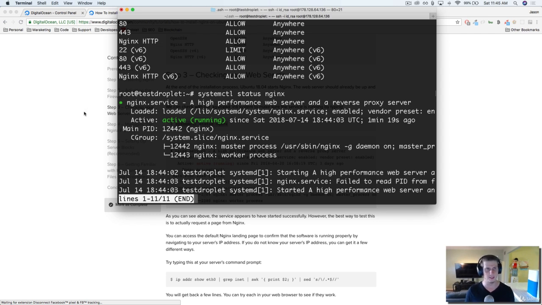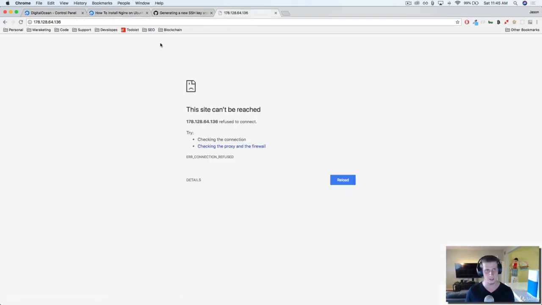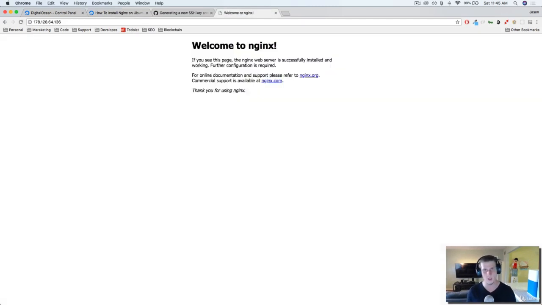So guess what that means? If I come back to the browser and I refresh on this tab, now that we have Nginx installed, we should see something. And there it is. Welcome to Nginx. So that is great news. We've officially set up our server, and